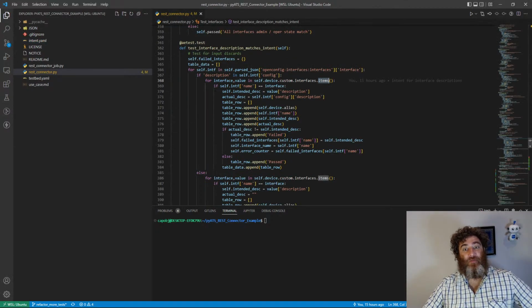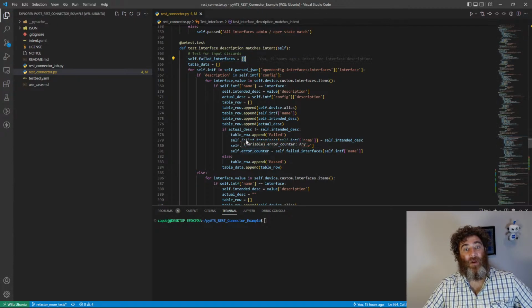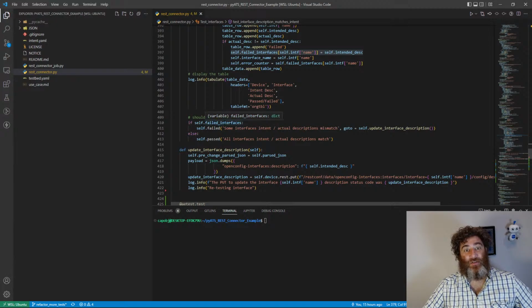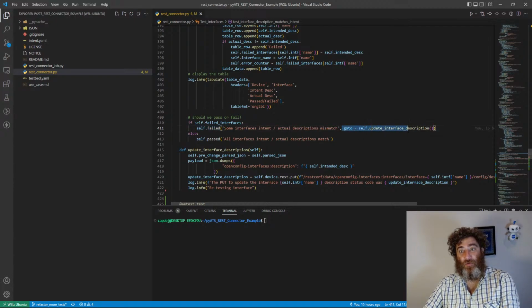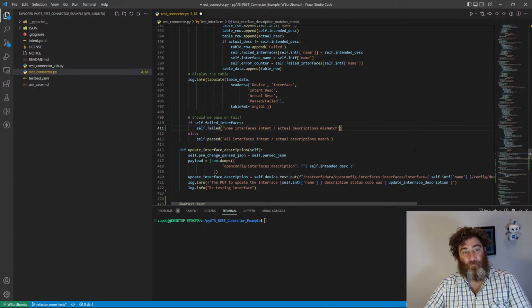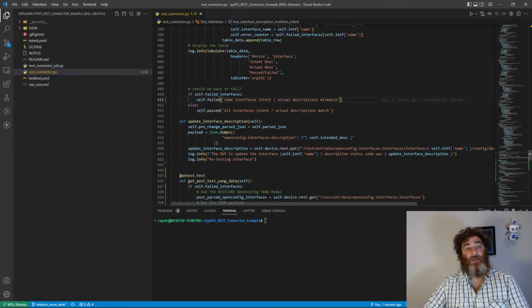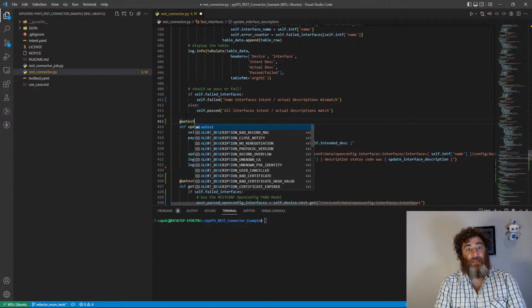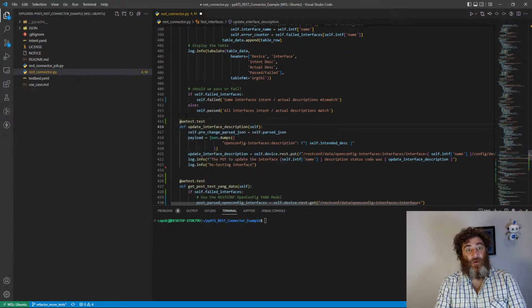So if failed interfaces, which is just an empty dictionary here, I write to it the intended description. Meaning, if failed interfaces is true, if it's not empty, then fail the test. And I have to remove this goto. Then I follow it up with a few others. I missed one here. All right, so what I'm going to do is say aetest.test, and I'm going to add the line